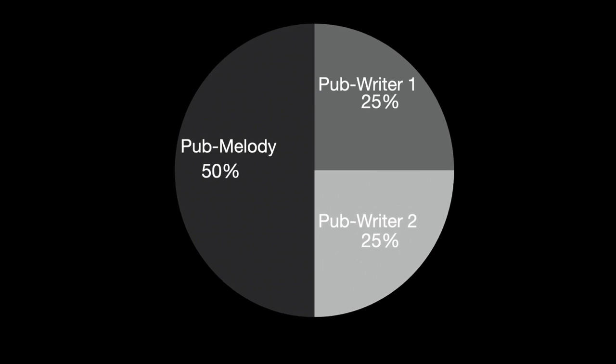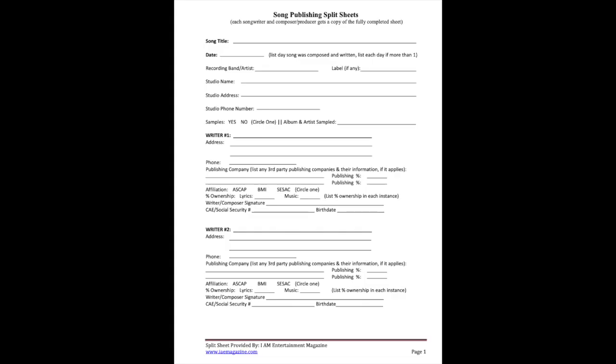All of this information is written down on the split sheet. And the split sheet is the legally binding document that outlines the ownership percentages and contributors of a song. Once we have the composition, we then take that composition into the studio to make a master recording. And you don't have to record it yourself.